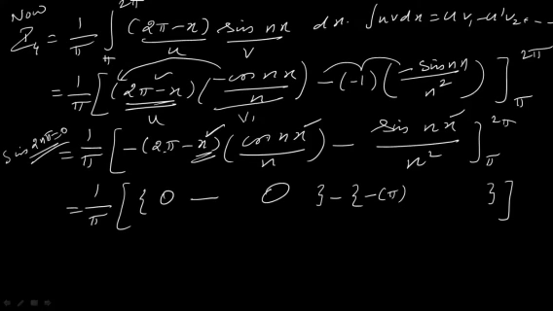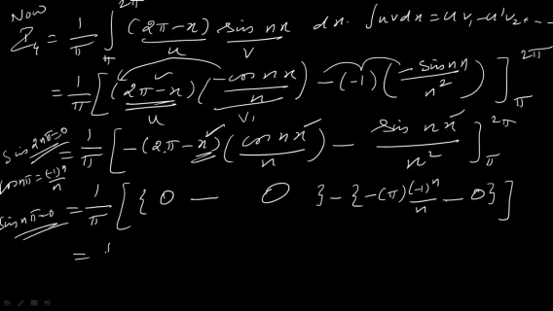of cos n pi. You know the value of cos n pi. What is the value of cos n pi? Minus 1 whole power n by n. So first term you have minus pi minus 1 whole power n by n, minus, coming to the sin term, sin n pi. Sin n pi value is 0. Isn't it? So here this term becomes 0.